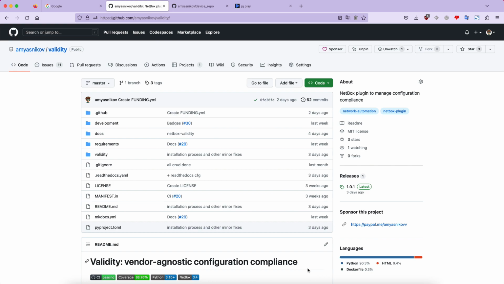I have to say that this is a development only way of installation. It's absolutely not intended for any production usage or even for the usage by more than one person. However, this may be a good way to quickly observe plugin capabilities without any sophisticated Netbox installation. So, first of all, we clone this repository to our local machine.